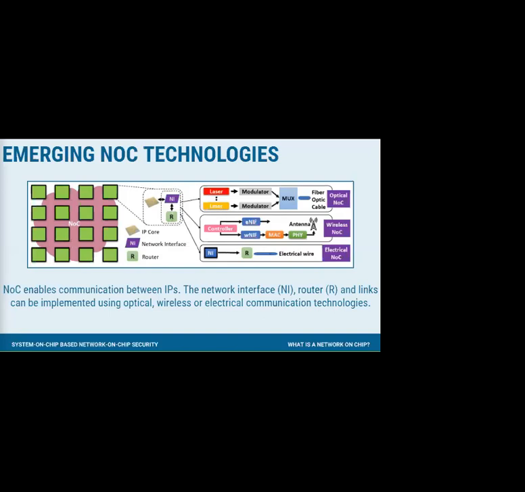A wireless network on chip was proposed as a solution to the latency experienced in electrical NoCs, which are based on metal interconnects and multi-hop communication. Wireless network on chip integrates on-chip antennas and suitable transceivers that enable communication between two intellectual properties without a wired medium. Silicon integrated antennas communicating using the millimeter wave range have been shown to be a viable technology for on-chip communication. So if I have to explain what is happening in the wireless network on chip, if we consider a network on chip,